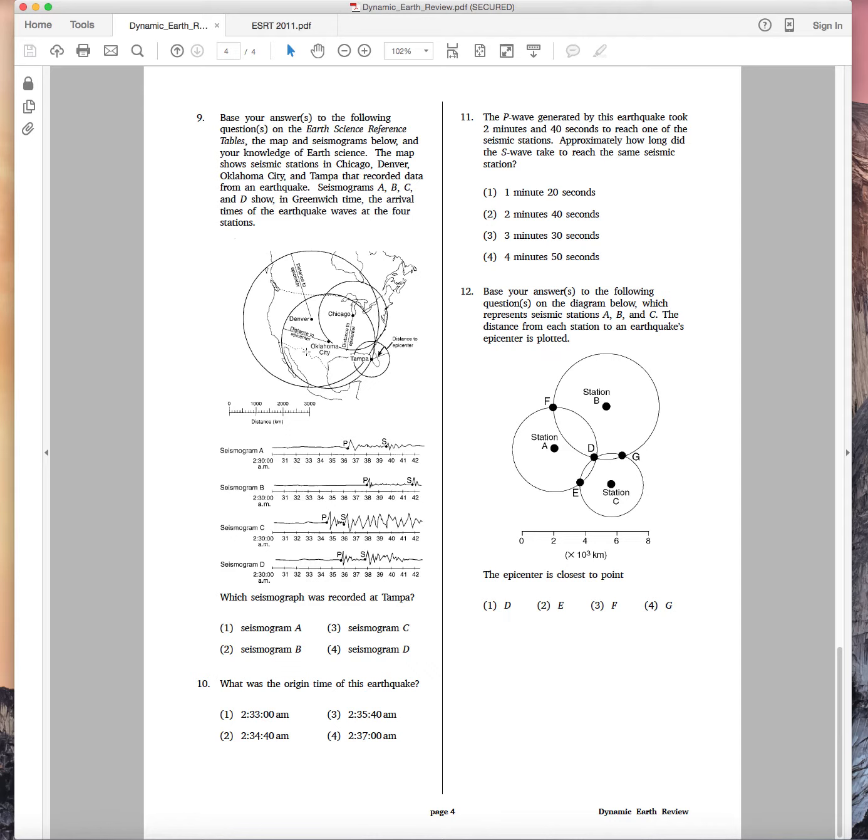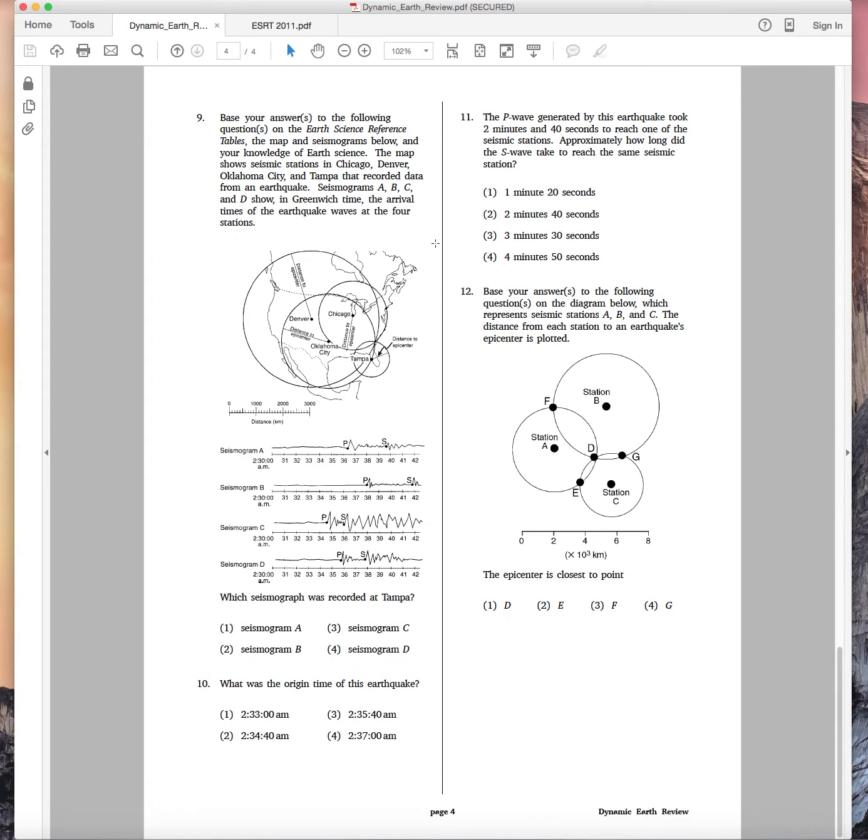Looks like we have a few cities here: Denver, Oklahoma City, Chicago, and Tampa. So the question is, which seismogram was recorded in Tampa? If you notice, we have a time difference between the P and the S, and they all have different durations. Now, Denver has the biggest circle, then Oklahoma City, going from biggest to smallest, then Chicago, and then Tampa. Tampa has the smallest circle,